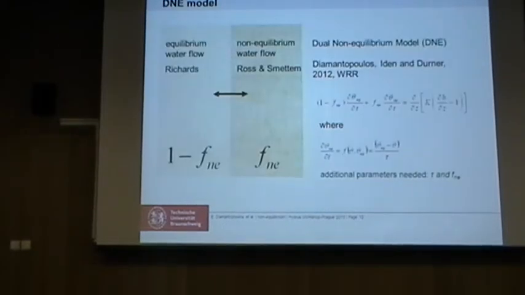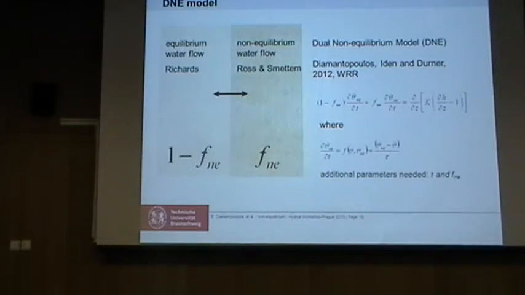So what we did is we said, okay, our soil can be distinguished into two domains. In the first domain, we have equilibrium water flow described by the Richards equation. In the second domain, we have non-equilibrium water flow described by the Ross's model. And we assume that the non-equilibrium domain contributes with a factor F to the overall water flow, and that the equilibration of the pressure head between the two domains is relatively quick in comparison with the vertical water flow,